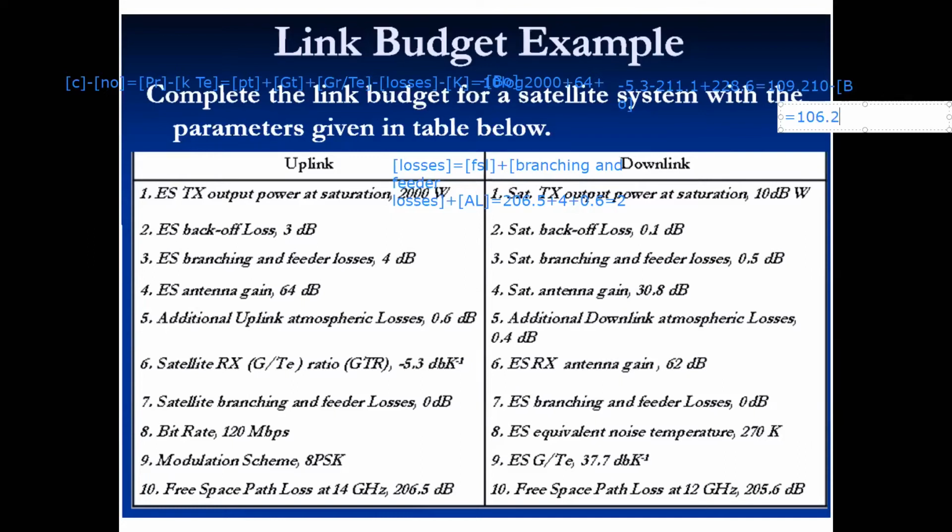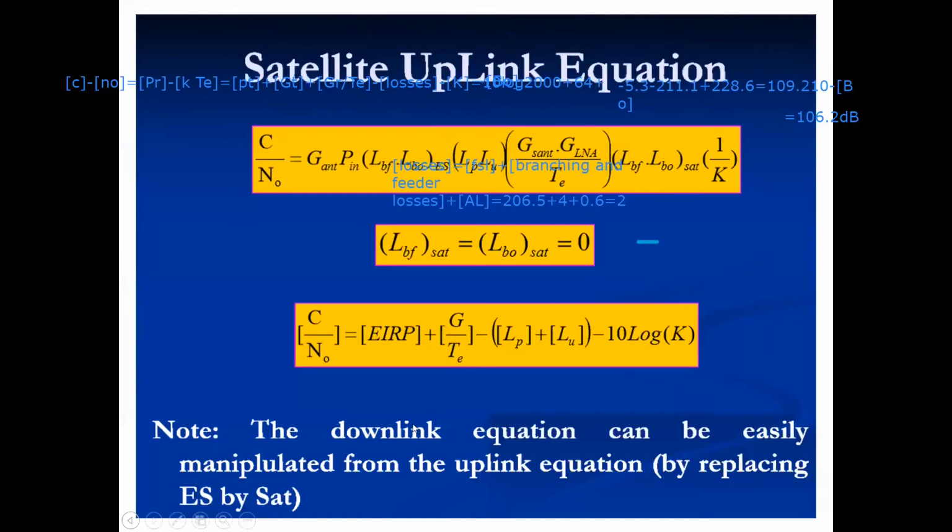106.2 dB. Units is only dB क्योंकि ratio of powers है तो it is only dB, right? Just look at the expression जो हमने last time ली थी, वही चीज को मैंने simply substitute किया है and this is what I have done. नॉर्मली G by T डायरेक्टली दिया हुआ होता है, ठीक है. हमने लॉसेस कैलकुलेट किए और इसकी वैल्यू डाल दी.